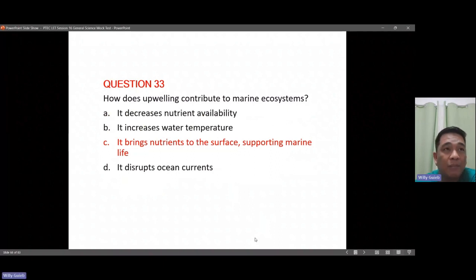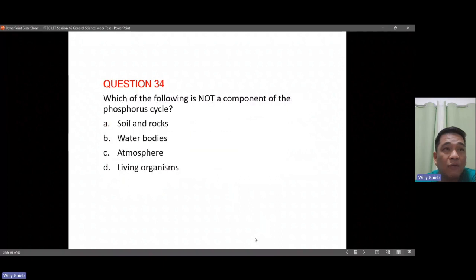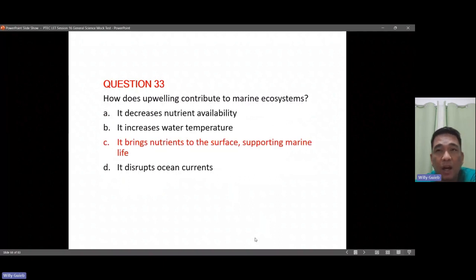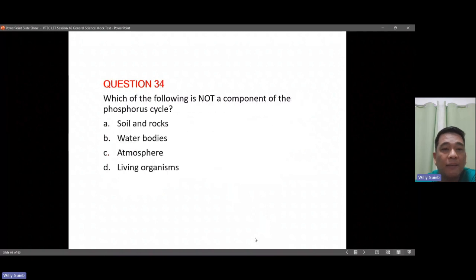Over time, lahat po ng mga nadideposit na organic matter, because doon na nadideposit yung mga different mga dead animals or any other organic matter na produkto or isinama ng runoff water na napunta sa bodies of water, lahat yun ay madideposit sa baba. Now, what will happen is that in order for this material to be used up again, kailangan mo ng upwelling na process. That would bring nutrients to the surface and will thereby support marine life.